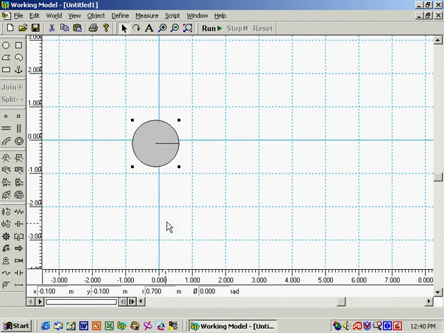Now at the bottom, remember, scroll down, at the bottom we have the X, Y coordinates of the center of this disk, so we could actually change those, let's say to X equals 0. I'm going to leave the Y the way it is for a second. And then the radius here, we want the radius to be 0.5 for our homework problem, so let's just go ahead and type in 0.5 for R, and there we have the disk at the right size for our